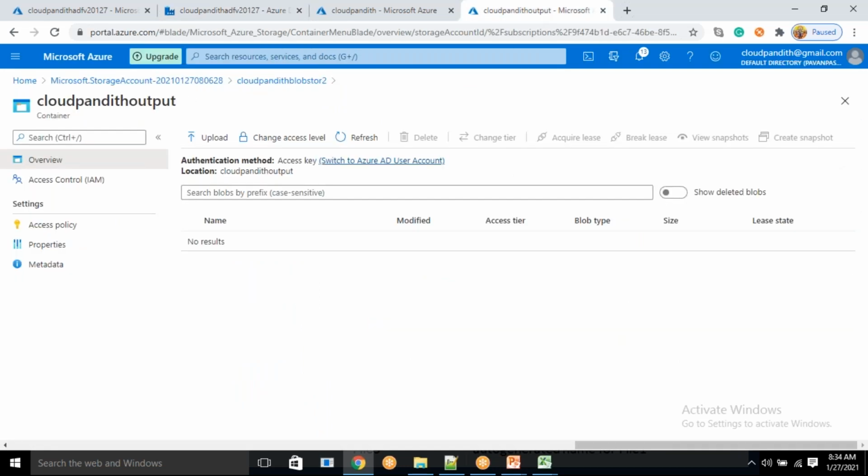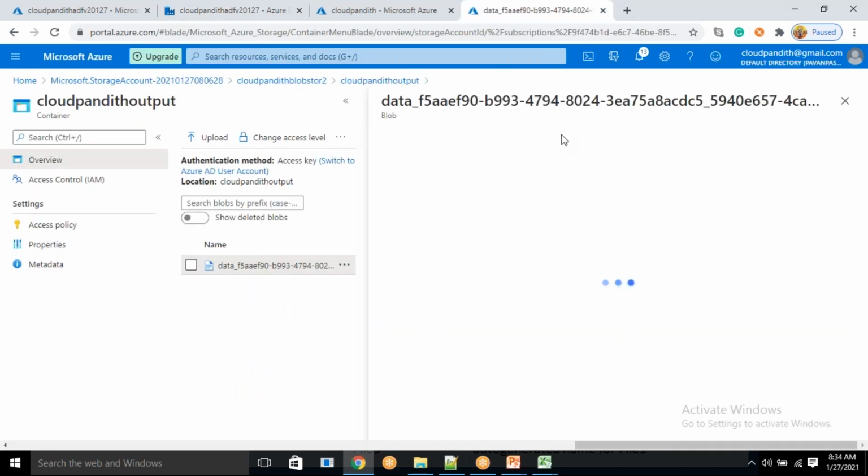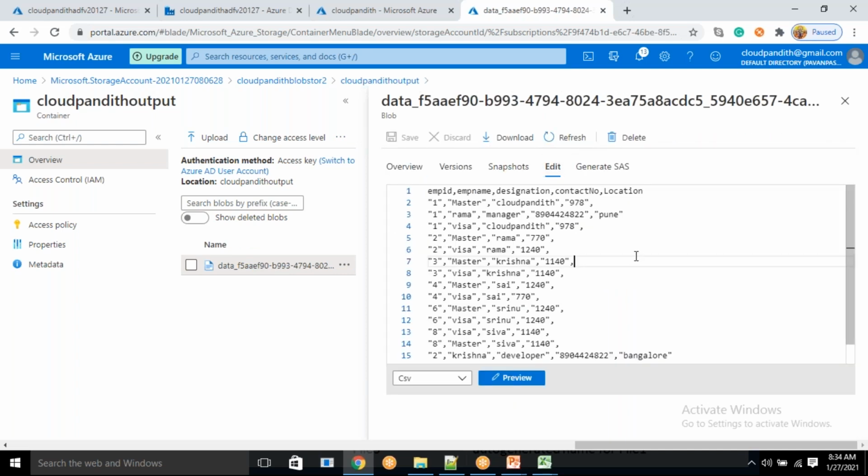Okay, come here, refresh this, click on this, click edit. Yes. Now can you tell me based on what it is considering the schema? Based on the old file. Very good.